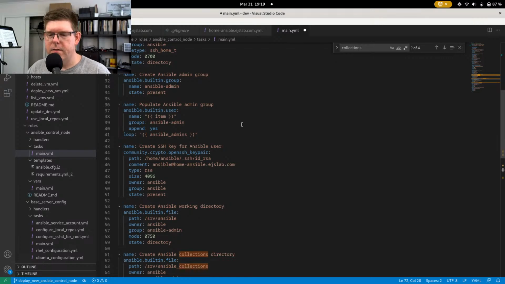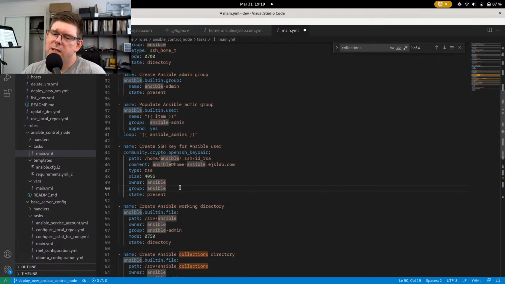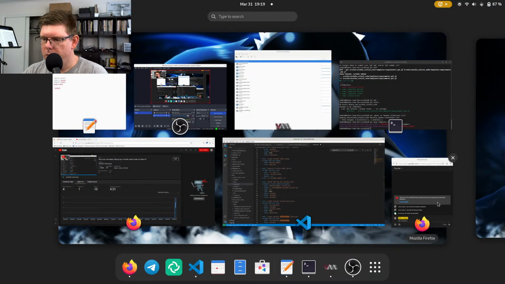So it might not make sense to be using this particular module in the role that is just the Ansible control node. But at the same time, I don't know. I'll have to think about that. Or if any of you are watching,